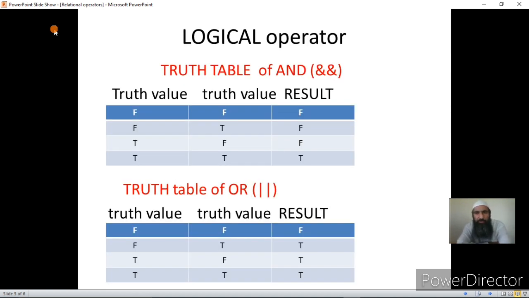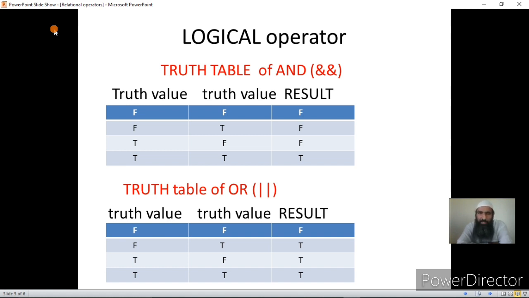Now let us see the truth table of the logical operators AND, OR, and NOT, and we will understand how they work. As I told you, AND acts on two operands, and depending upon their truth values, it will produce a result that will be again a truth value.